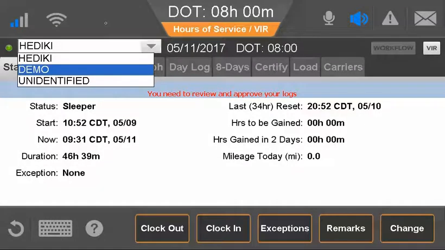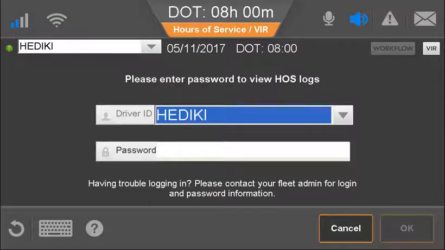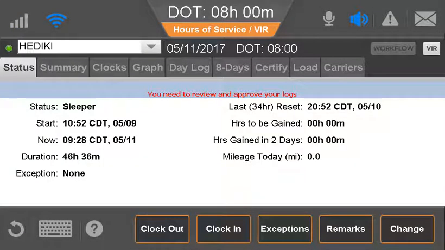To ensure driver security when there's a co-driver logged in, at any time either driver wants to view logs, the driver is prompted to re-enter a password. A green dot indicates the active driver. A gray dot indicates the inactive driver. Next to the driver's name is the current DOT, MOT in Canada, date and remaining hours until the driver goes